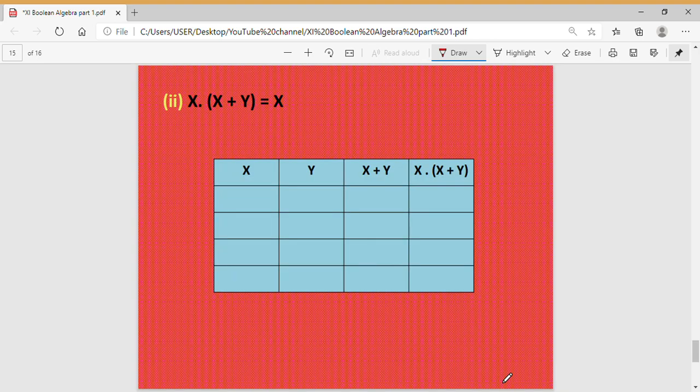Let's have another example here. First, see the expression. Only two variables are used here, x and y. So we need to draw a truth table for two variable combination. So you know already the combinations 0, 0, 0, 1, 1, 0, 1, 1. The first column is x or y. So 0, 1, 1, 1. So we have to AND this x or y column with x column. So 0, 0, 1, 1.